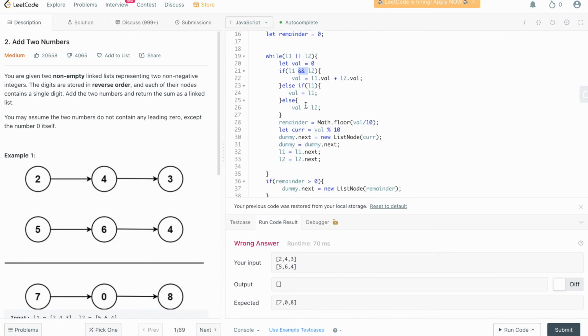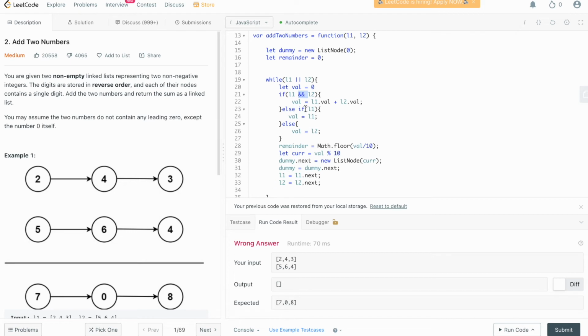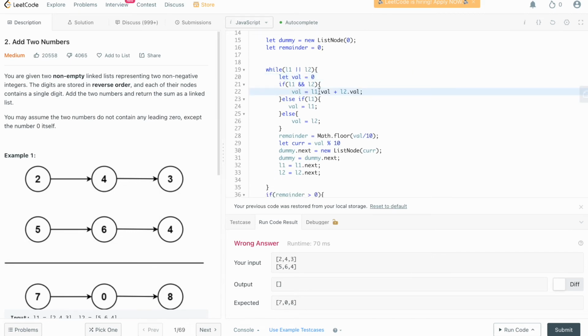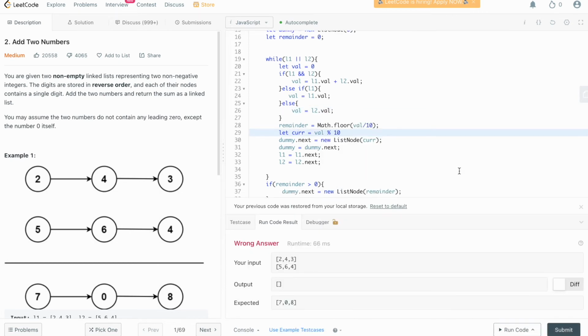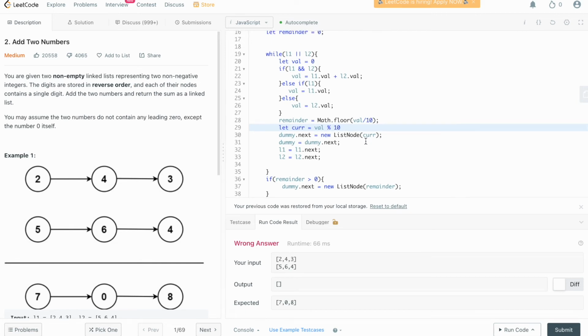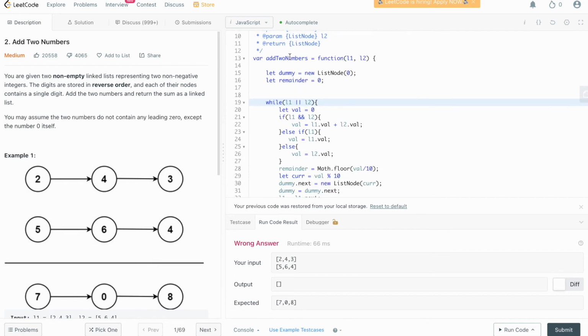Okay, let's just check why we have one plus val dot L2 plus L2 dot val. Oh my god. Even though I don't think this should be the reason, but okay. Current, I feel like it never actually gets in here, which is so weird,